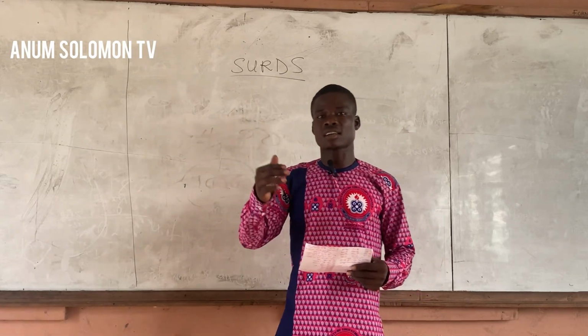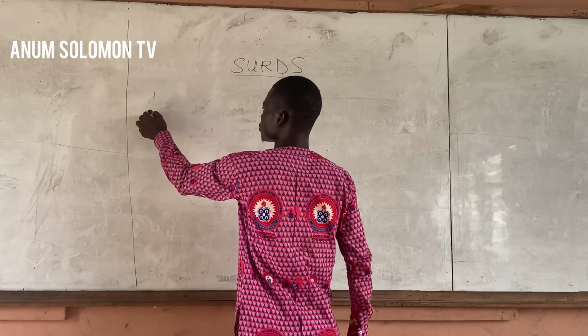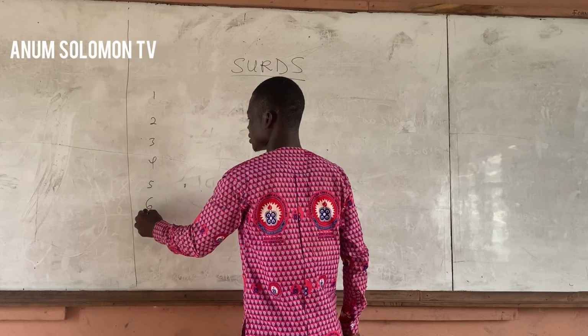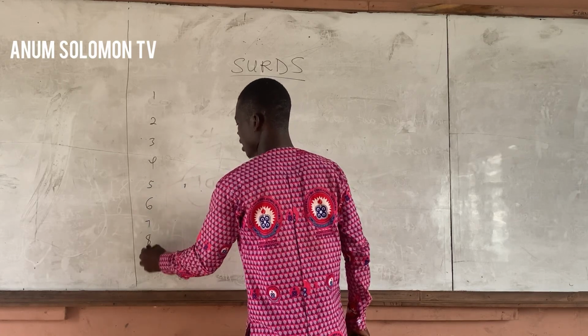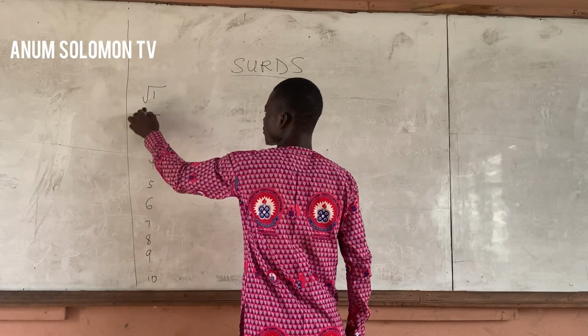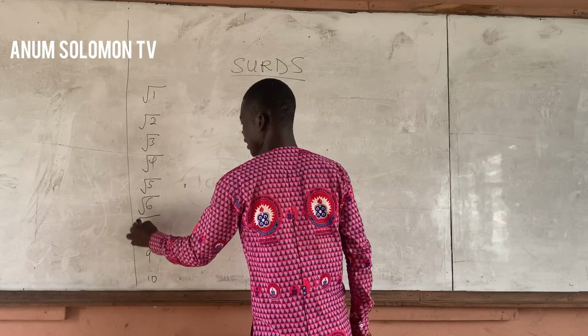So when you take the rational numbers, like 1, 2, 3, 4, 5, 6, 7, 8, 9, 10, and you put square root on them, like this,